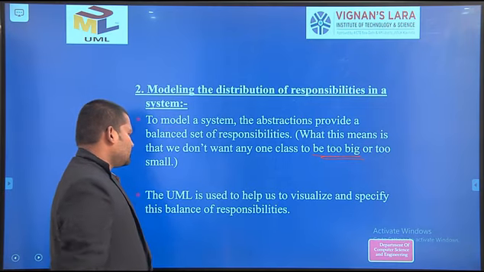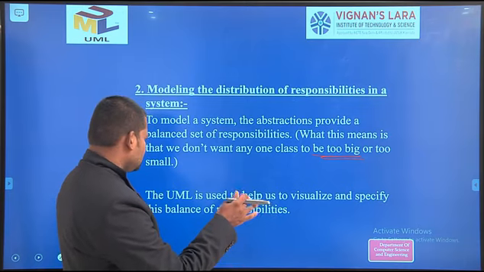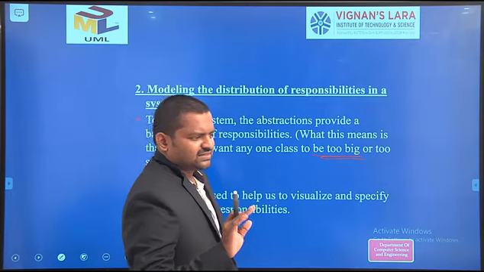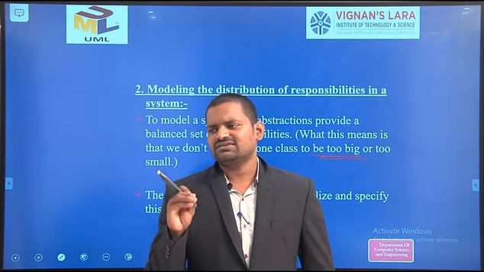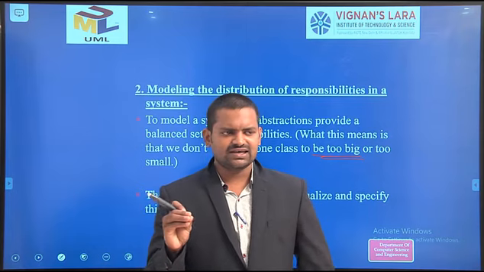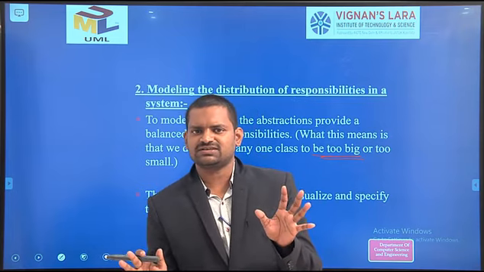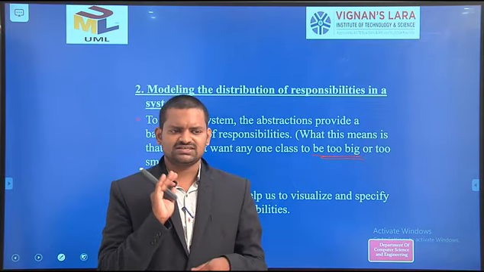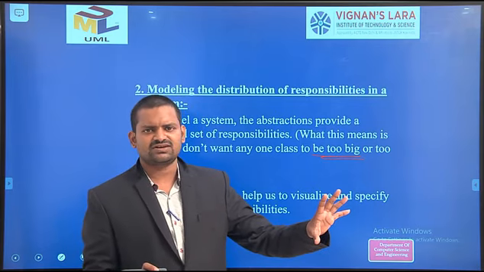Next, the UML is used to help us visualize and specify this balance of responsibility. Actually the class may contain only 3 parts; responsibility is the extra one. Why do we write responsibilities? Responsibilities give us a note of what is going on in that particular class.